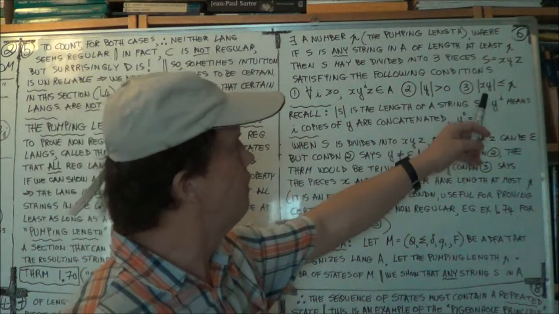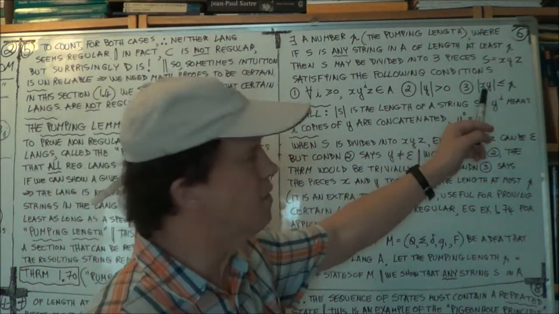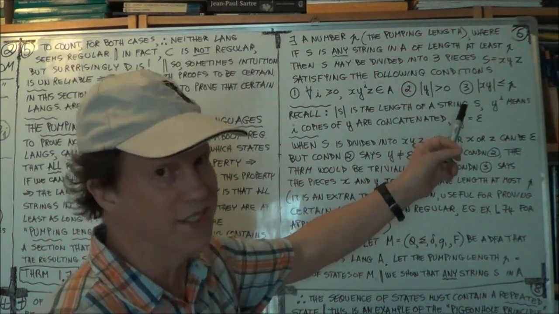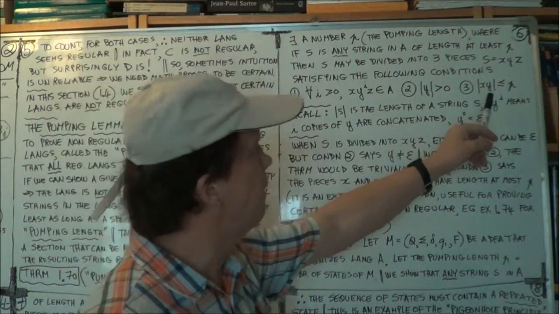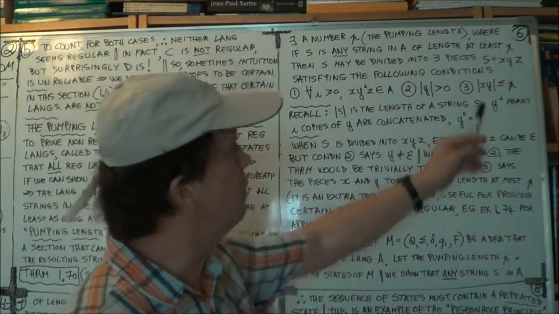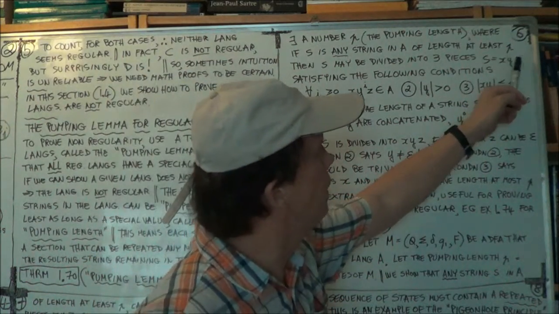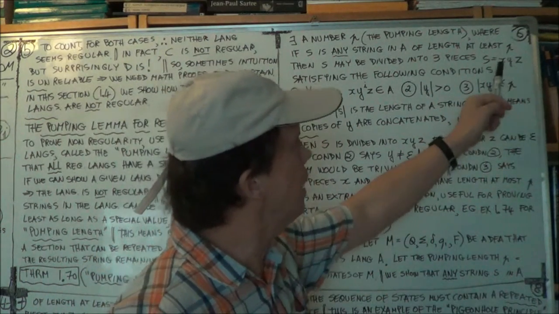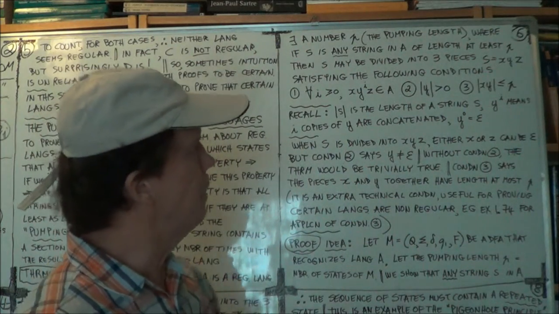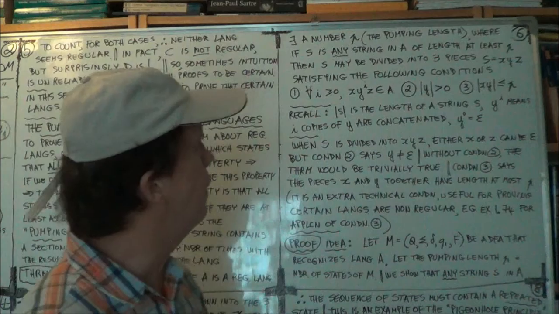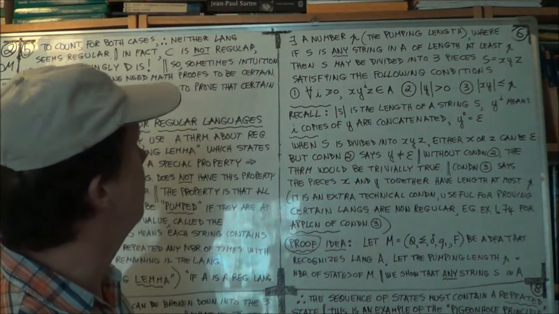And the third condition, it's put in more for convenience of proof, for proving things, but there is a third condition, not so essential, but that is that the length of xy, so the first two parts of your three parts, right? You've got a three-part string, right? So the xy part of it, its length is less than or equal to p, right? So if those three conditions get satisfied,